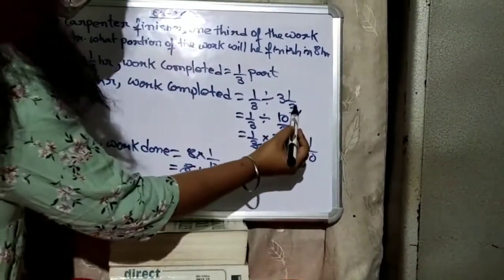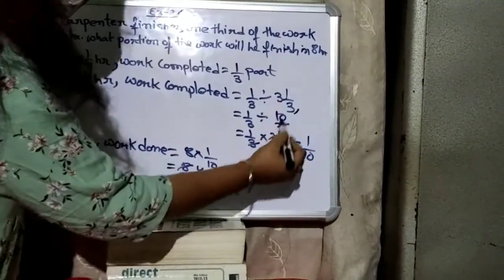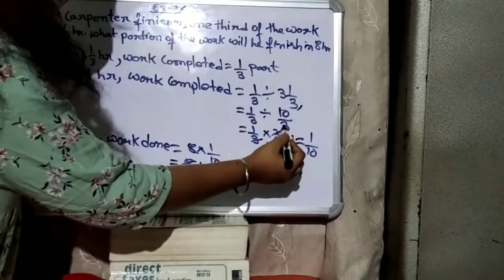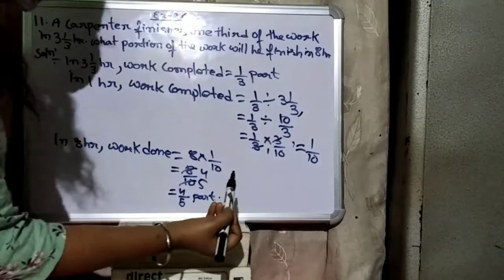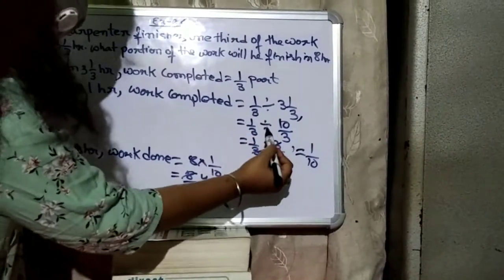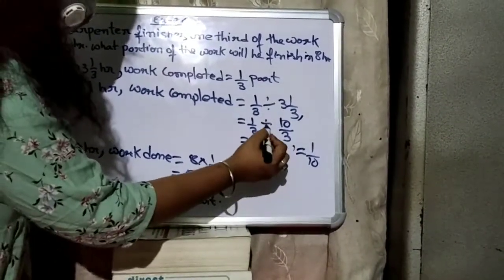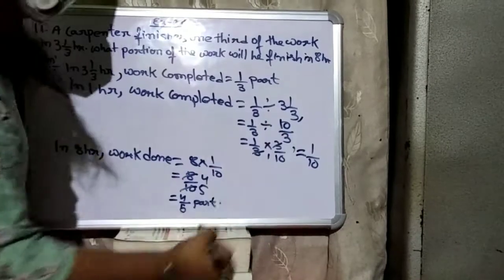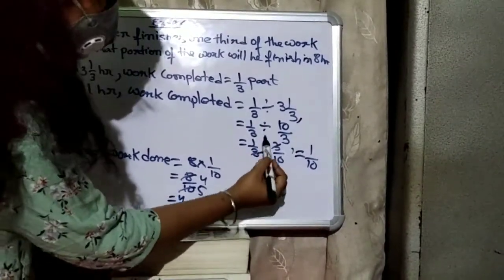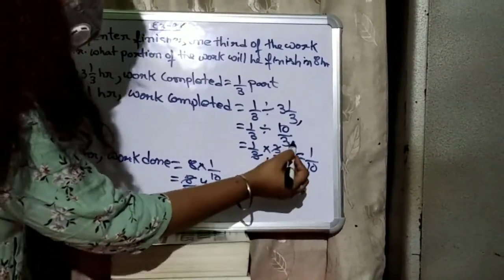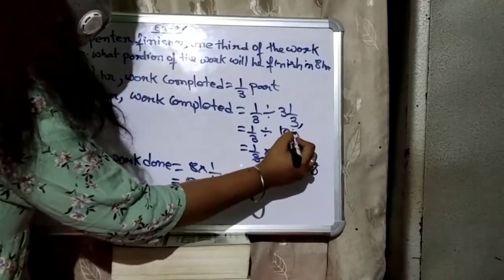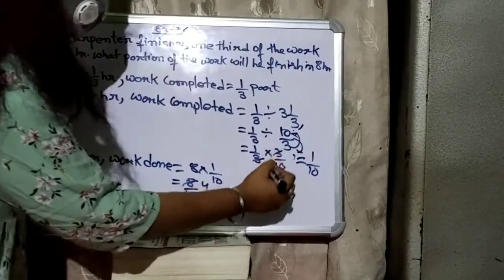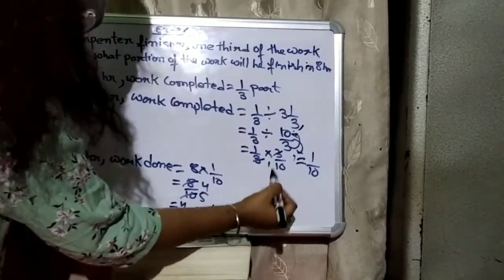How you will be converted? 3 3s are 9, 9 plus 1 is 10. 10 divided by 3. Now this in fraction division is very difficult. So in order to do the division, we have to convert this division sign into multiplication. Once you convert this division sign into multiplication, your number will be interchanged. Okay, this 3 will go up and 10 will come down. Now 3 by 10, 3 1s are 3, 3 3s cancel.